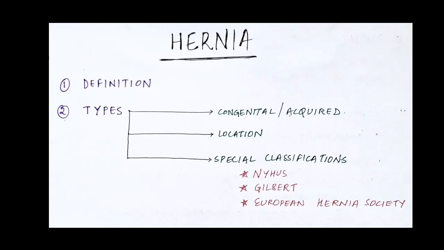The second classification we can do is based on location. So based on location, you can have inguinal, femoral, epigastric, umbilical, paraumbilical, lumbar, obturator, and less commonly you can get Spigelian hernias and also internal hernias, which means that the contents are protruding within the abdominal cavity. For example, through the foramen of Winslow or paravesical hernias. But usually when we talk about hernia in the exam, we're only going to focus on inguinal hernias. So that's what I'm going to talk about in this video. But you should also know that there are all these other types of hernias.